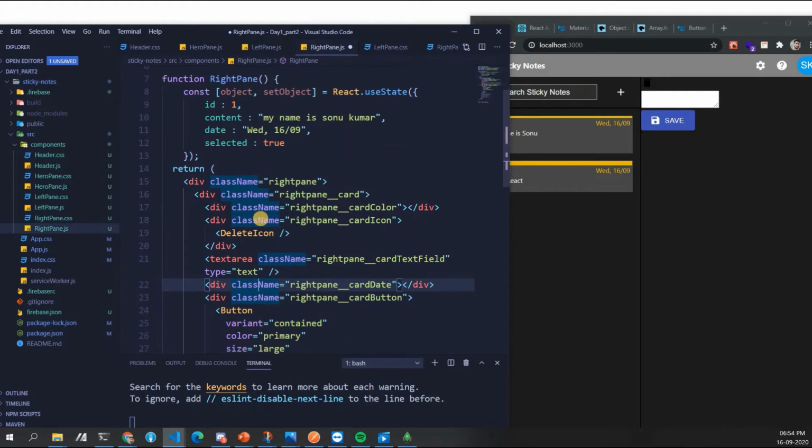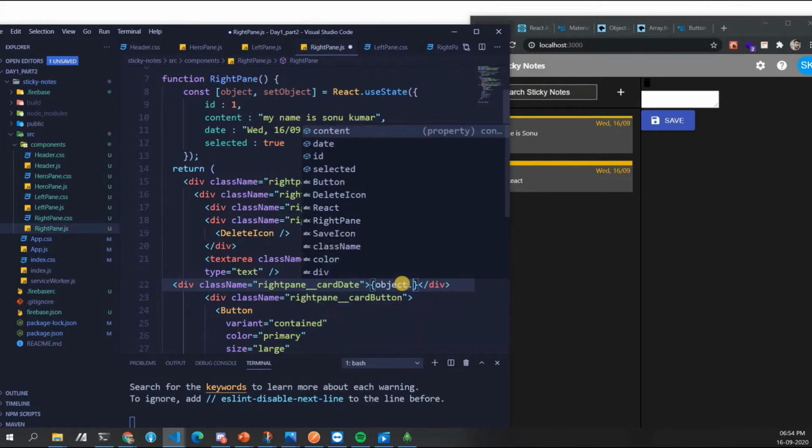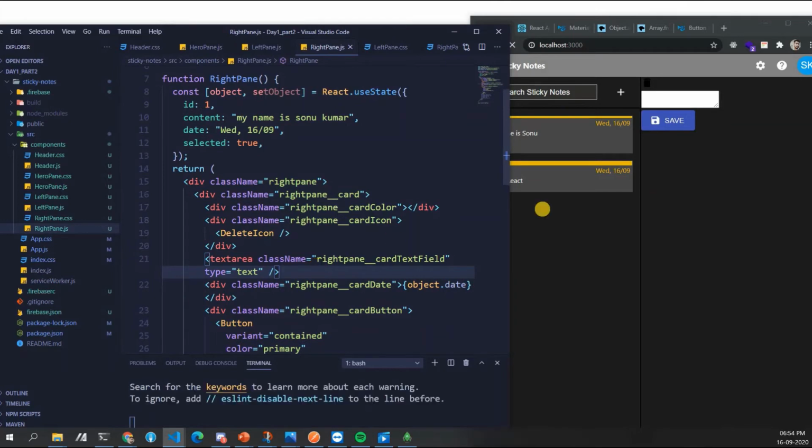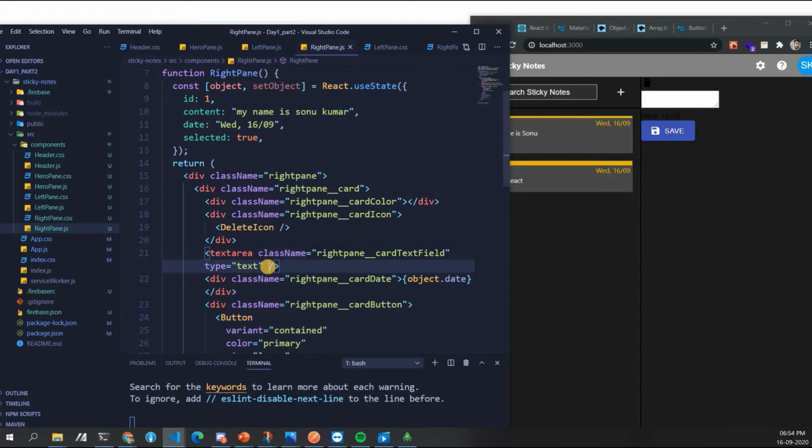Cool, guys. Just write this object, and over here just write object.date. Cool. Give us a date field. See, one date field came. Now over here we need to give some initial value.